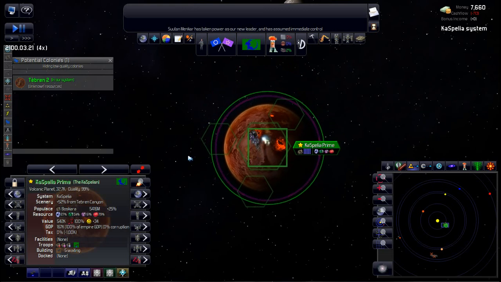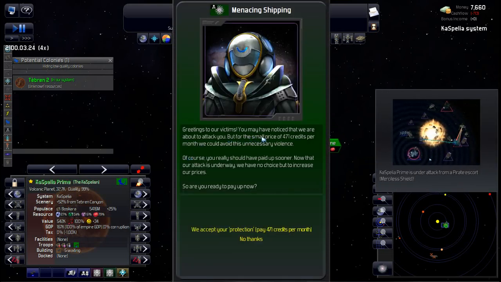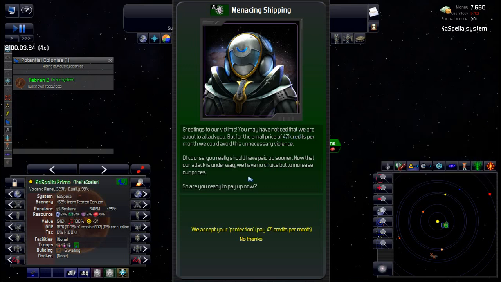So it takes a few minutes to build some stuff. Oh, 471 credits. Oh, it's robbery. I usually get like 2 something. Okay, this one's going to be expensive. Okay, so